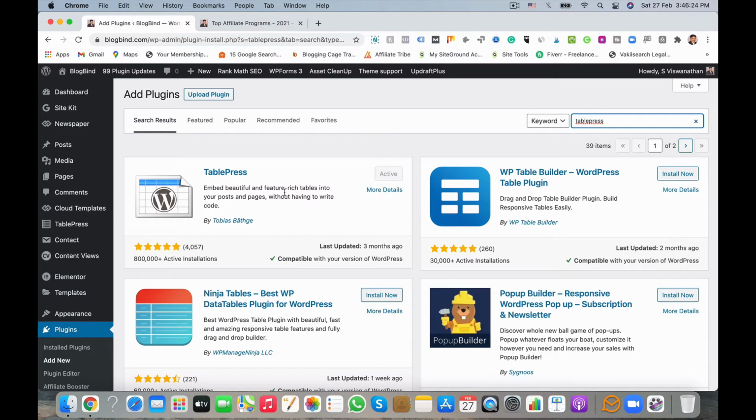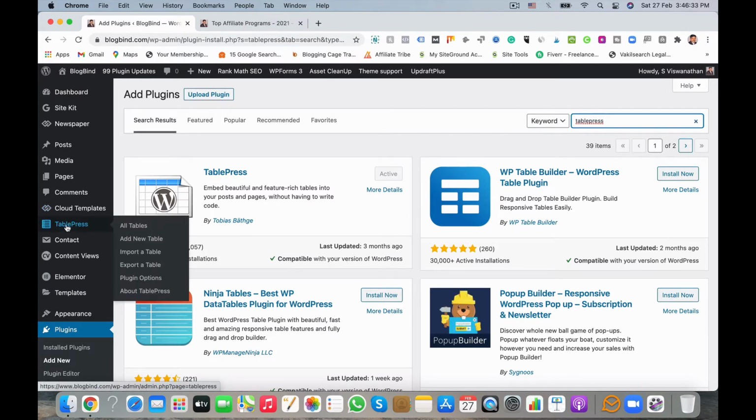So this is the plugin, I have already installed it, so it is disabled. Once you have installed it, it will come in the menu. So TablePress.